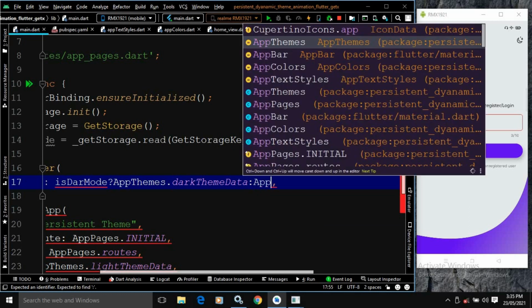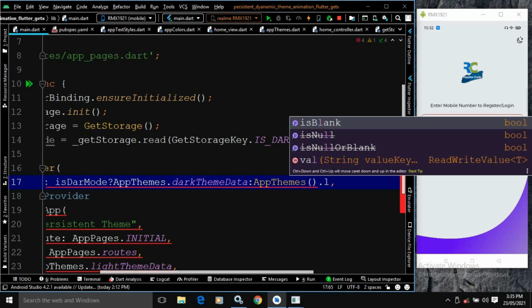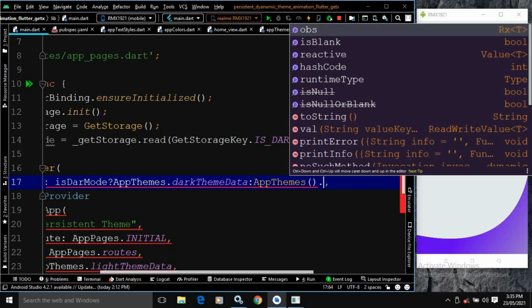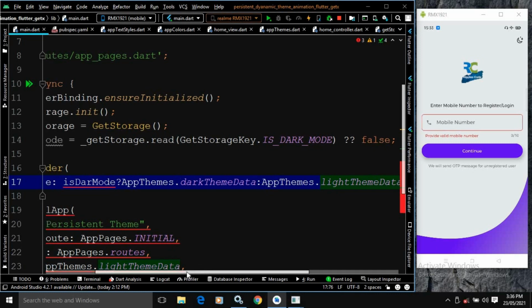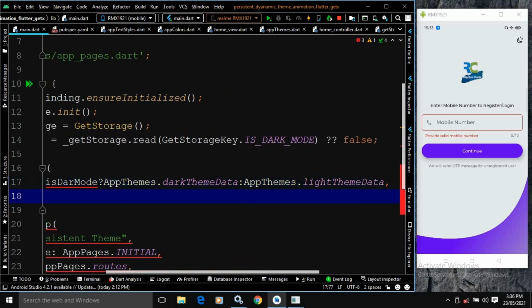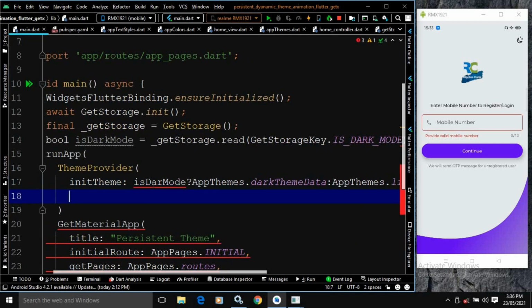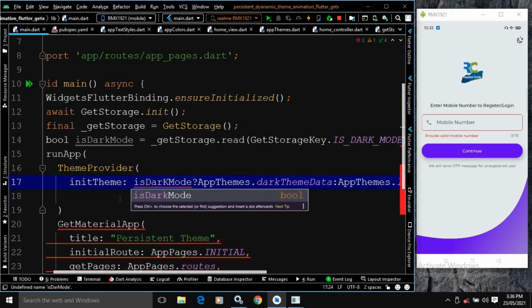Else here I will write AppThemes.lightThemeData. Right? Now after that, it is generating an error, isDarkMode. Sorry, it will be darkMode, right?